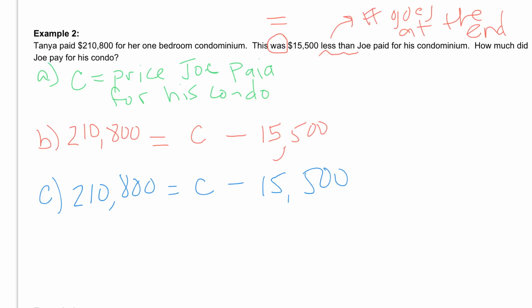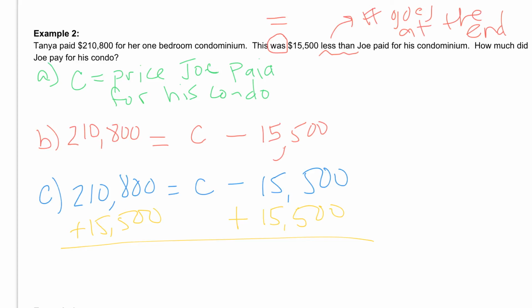And if I'm going to solve this equation, I'm going to find my variable. It's over here on the right. And what's happening to this variable is I'm subtracting $15,500. The opposite of subtracting $15,500 would be to add it. So I'm going to add $15,500 on the right, which means I also have to add $15,500 on the left. And then if I go ahead and add these up together,